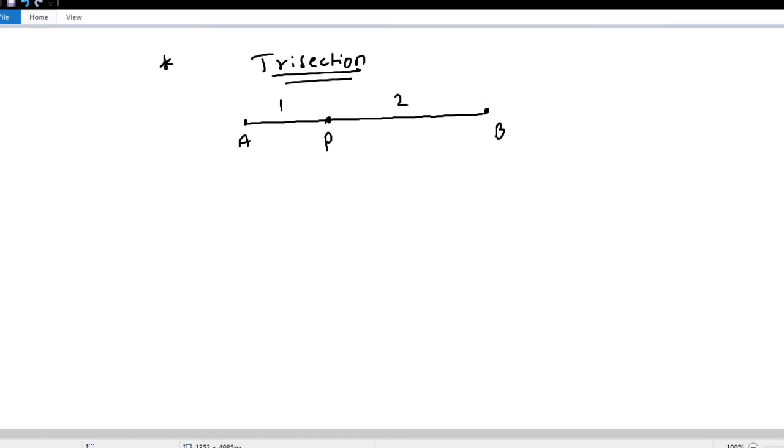But at the same time, another child could have taken the point from this dimension, that he is looking from B towards A. In that case, Q is dividing BA in the ratio of 1:2, or we can say Q divides AB again in the ratio of 2:1. 2 is this part and this is one part. So whenever points of trisection come, you have to answer both P as well as Q.